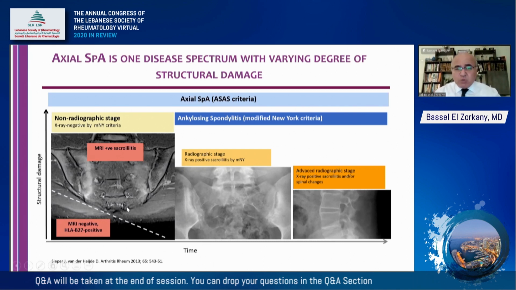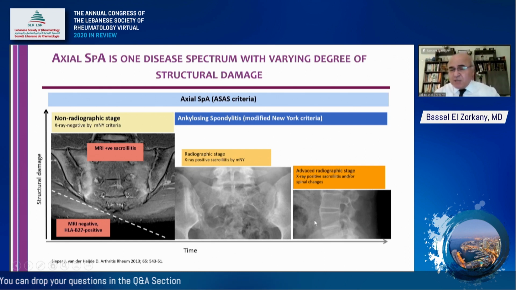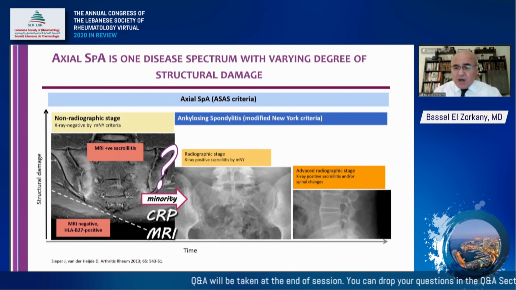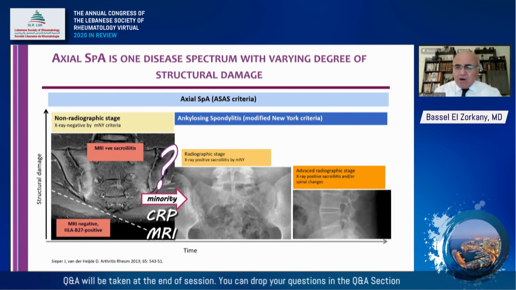You can have patients with the MRI here that can progress to have some radiographic changes here, that can further progress to have this end-stage bamboo spine and bridging syndesmophyte. Why can patients go from this stage to this stage? It seems that the extent of inflammation and the interventions we do matter, but it's a minority, 25% over 15 years. Some other figures are present also, but it seems that the presence of high CRP all the time, the presence of extensive MRI lesions are somehow a prerequisite for this to happen.